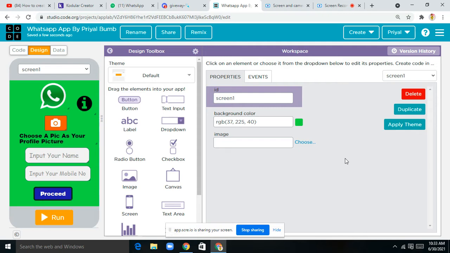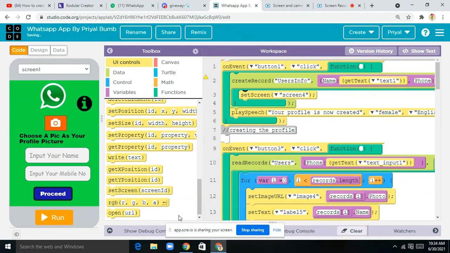So today we're gonna be doing the coding part for our WhatsApp app. And the designing part we have already done. If you haven't watched that video, then please watch it. I'll mention the link in the description box also. So please watch that video. And yeah, now let's discuss our coding part. All right, you can see we have done with our designing already. Let's come to the code now.